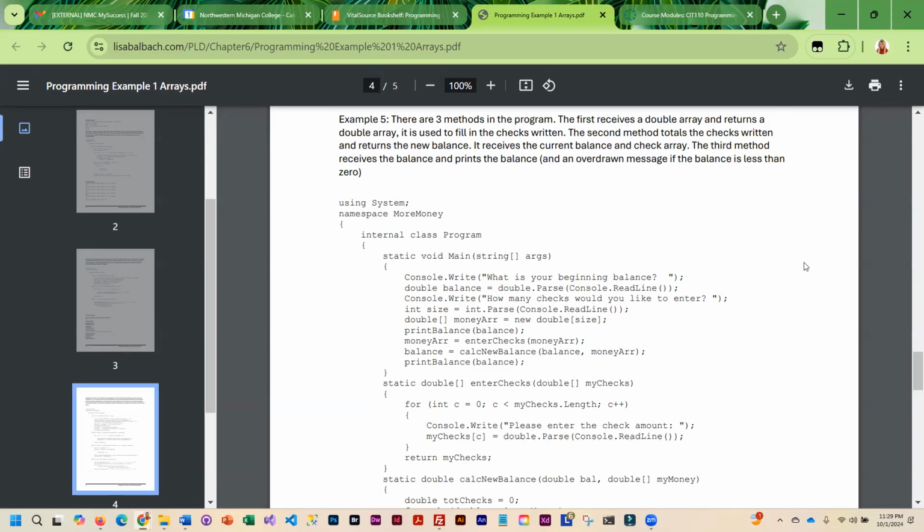The third method receives the balance, and it prints the balance. And if the balance is less than 0, it will also print a message that you are overdrawn. Okay, so